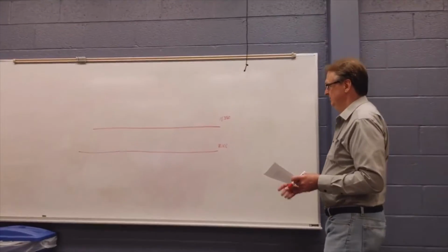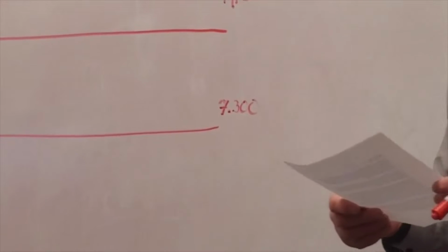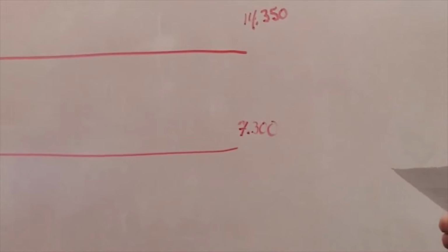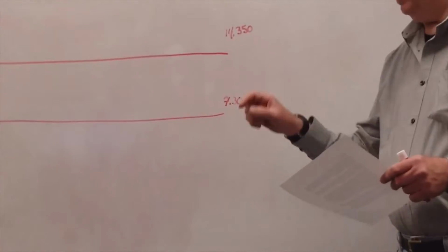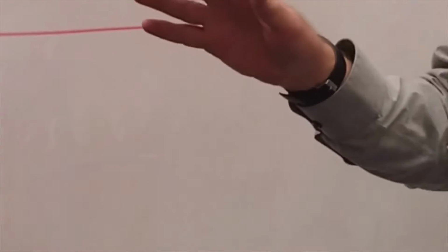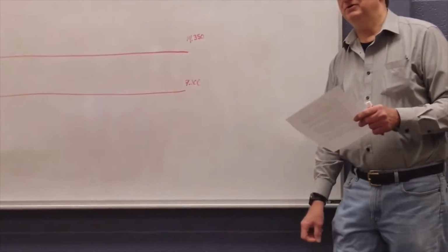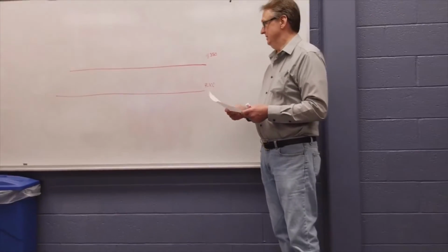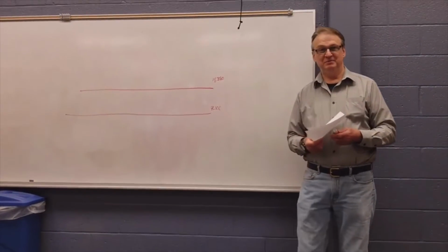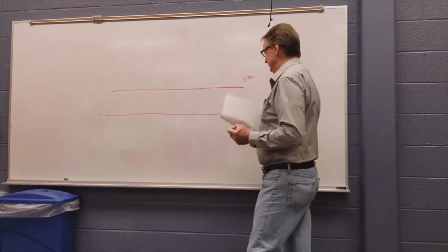A couple of things to keep in mind, if your upper limit on 20 meters is 14,350 and it's 7.3 on 40 meters. Now, does that mean that you can park your dial right on 7.3 and talk to people? On 40 meters, you can. Can you do it on 14,350? Can you park it on the upper edge and start talking to people? You can do it, but you'd be out of band. The reason for that is it's kind of a